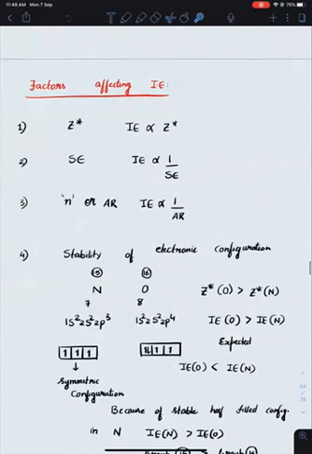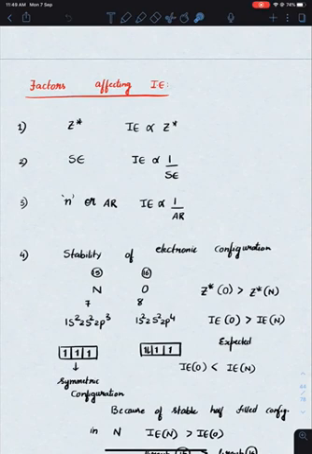Okay. Then we have discussed the factors affecting the ionization energy. Z star: Z star tells us about the effect of the nucleus on the outermost electron. More is the influence of the nucleus on the outermost electron, more will be the energy that is required to remove an electron. Hence, Z star is directly proportional to ionization energy. Shielding effect: if the outermost electron is shielded, the nucleus cannot see the outermost electron. In that case, I can easily remove the outermost electron. Hence, ionization energy is inversely proportional to the shielding effect.